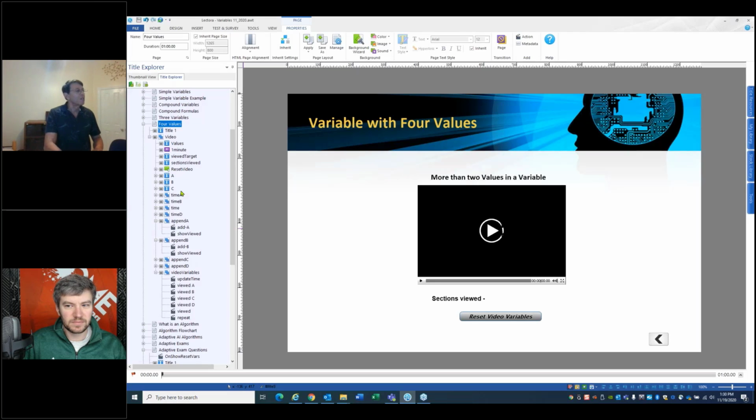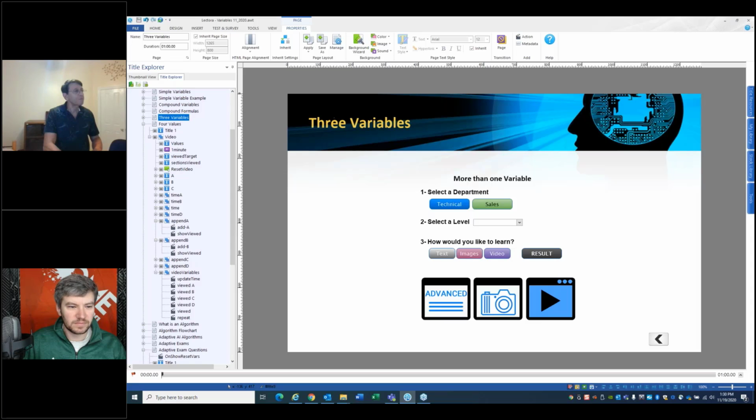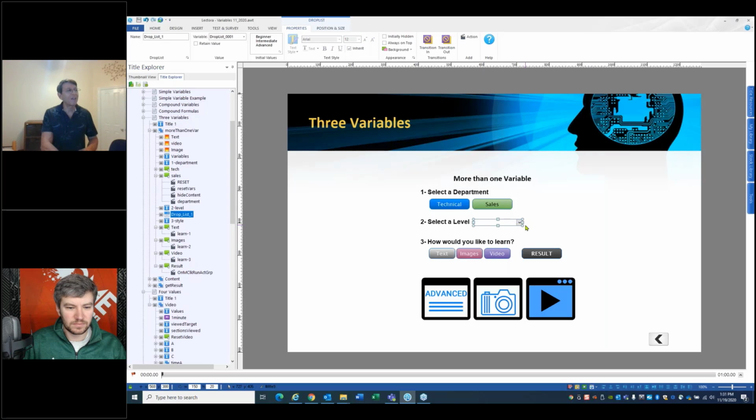And the previous one, however, this one here, was a lot easier to do. I created 3 variables. The first variable is either a T or an S: am I storing a T for technical or an S for sales? The second variable has 3 options, and I forget what I used, a 1, 2, or 3 for beginning, intermediate, and advanced. And the third variable, a T, an I, or a V for video. So storing those variables based on user clicks is very simple.